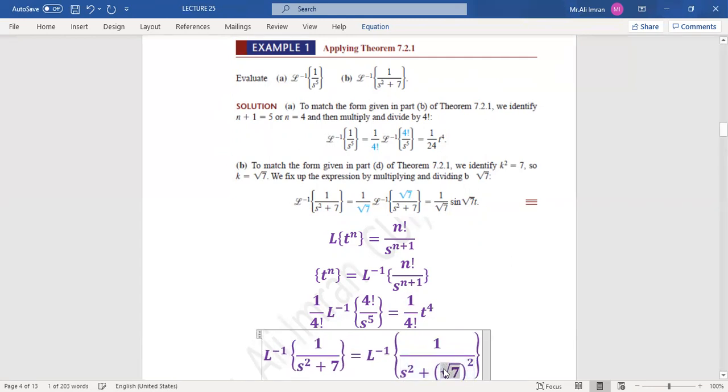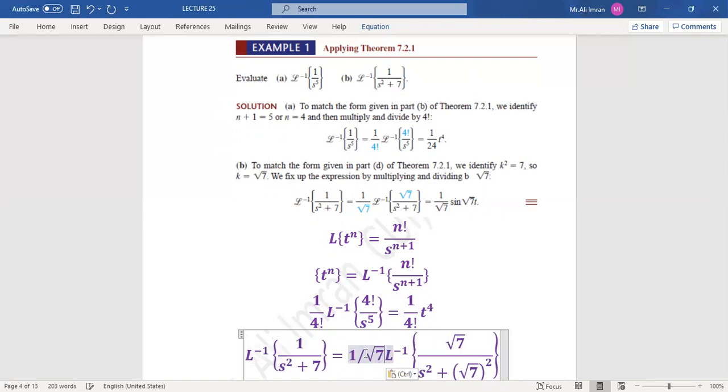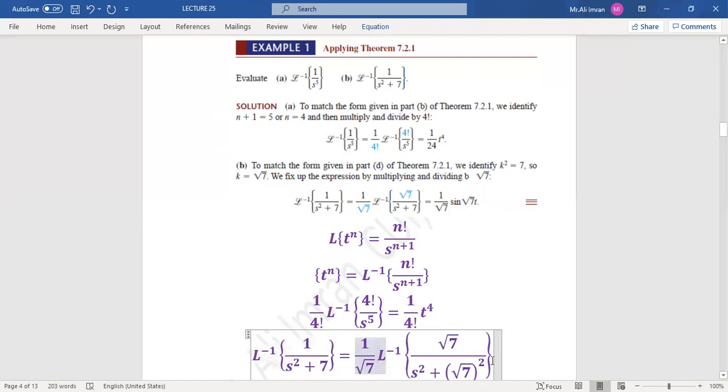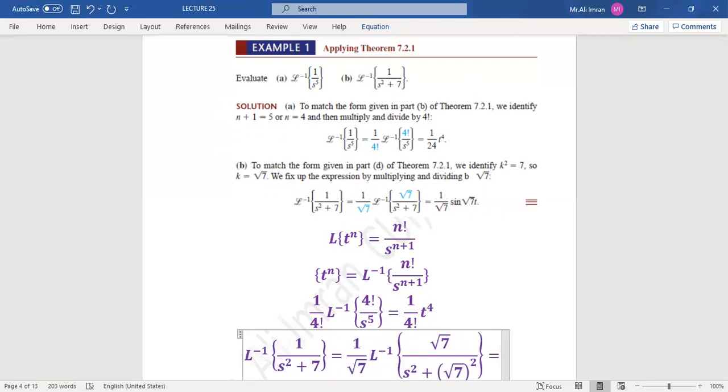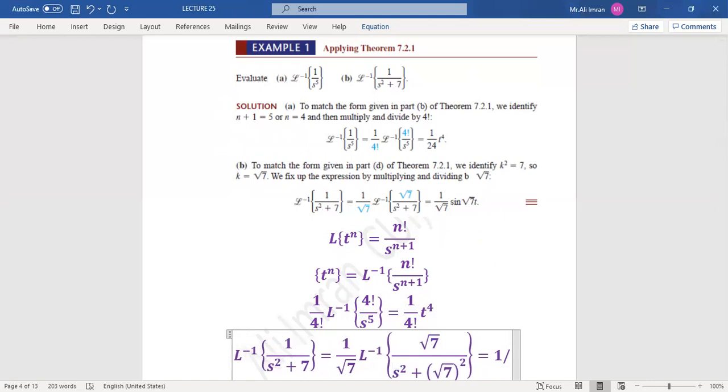We multiply by square root 7 and divide by square root 7. We will have the inverse transform of sine of